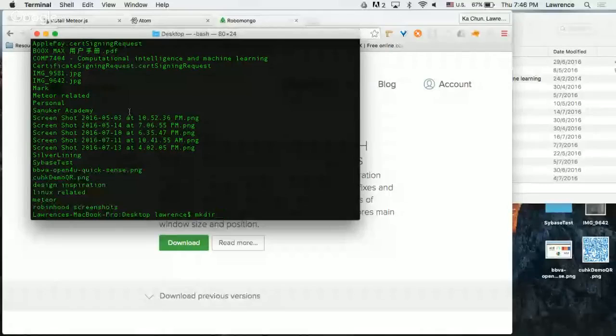And on Windows, MKDIR, which stands for Make Directory. That's exactly what you do when you right-click and click new folder. So we're just trying to do it in a cool, geeky way. So MKDIR, and then type a new name for the folder. Because we are running Meteor, I encourage you to write the same thing. So just meteor in small letters. Once you type MKDIR, press enter.